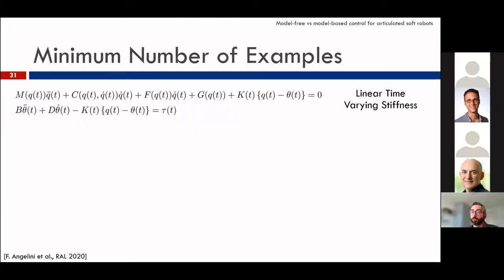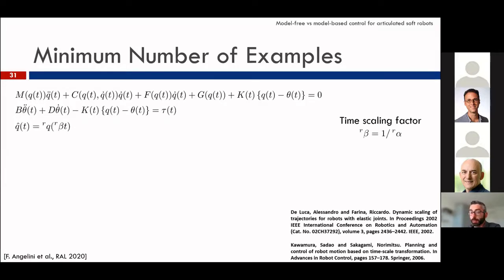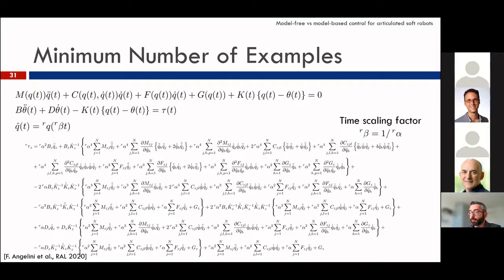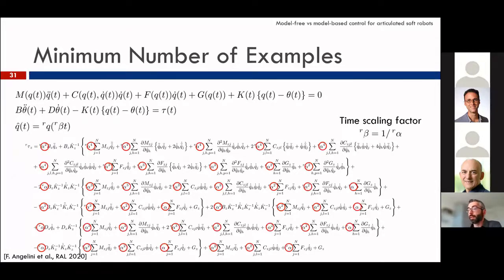So again, we start from the modeling. We know that this kind of system can be modeled in this way, and we can time scale the trajectory. And then I'll skip all the steps. This is the result. This part of the dynamics of the system is unknown, except for the input, the torque, tau, that can be learned through iterative learning control, or you can use your favorite controller. It does not matter. And then the time scaling parameter.